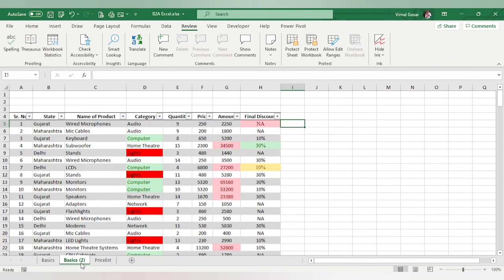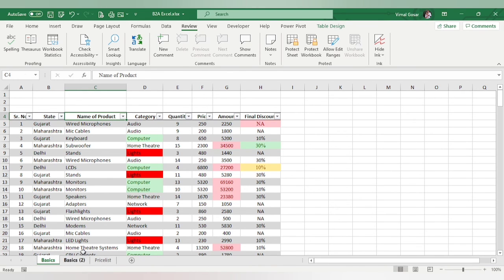Now you have another exactly duplicated sheet. Now let us say instead of the name of the product, we have just changed the description of it and we have named it as product name. Now since there is multiple data available from different places, we could be having a problem like this: this is the name of the product in this case, and we have the name of the product in the basics sheet as well. So if I want to change these things which are common, which are coming under the same cell address, which is C4, it is C4 over here as well.